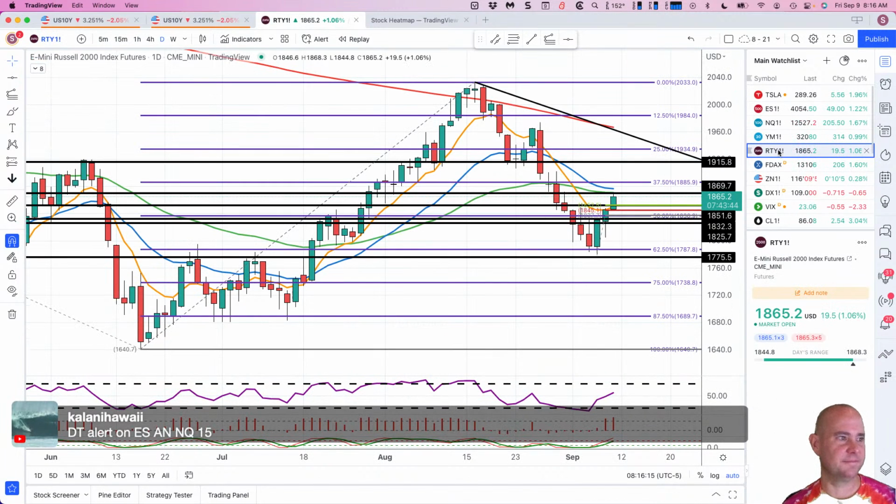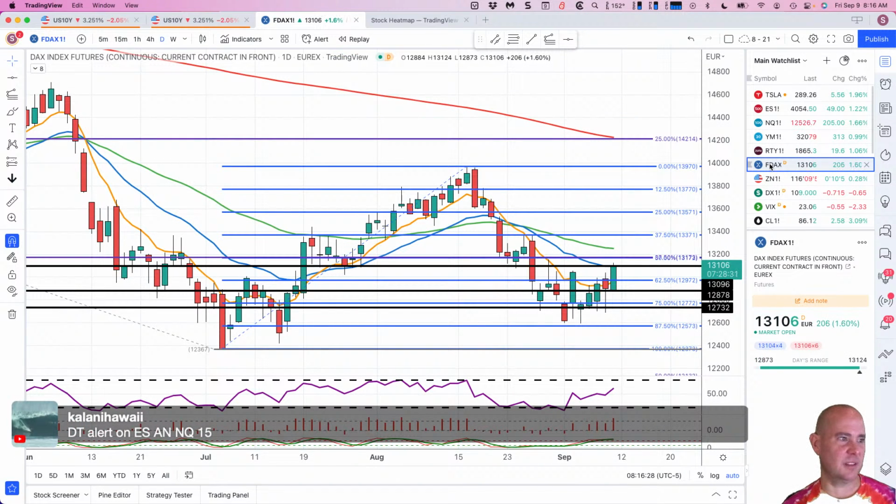32,216. Russell hitting the next target area with the flat 50. If it ekes out a little more, 1877 is about it. And then 1885. I'm not going to spend a lot of time. The DAX,